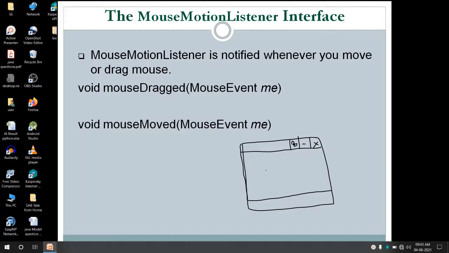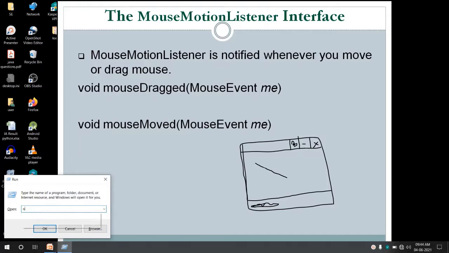When I move my mouse on the applet screen, it generates a mouse motion event, and the method which has to be called is mouseMoved. Whenever I move the mouse here, it will show the location of the mouse in the status bar. And whenever I drag the mouse by clicking, a line like this has to be displayed on the applet screen. So let us see how this can be done.